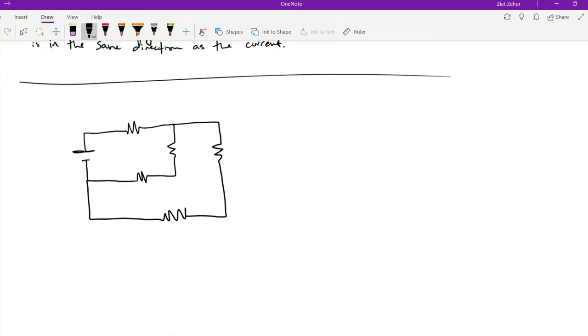Ooh, this looks different. Let's call this R1, R2, R3, R4,